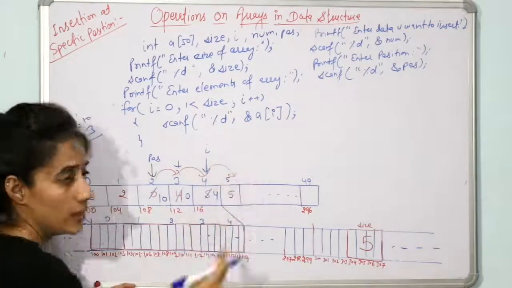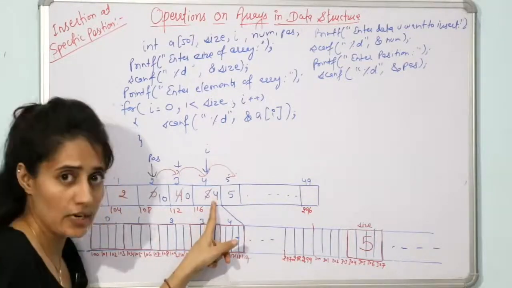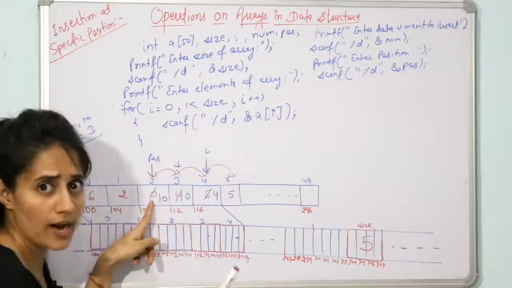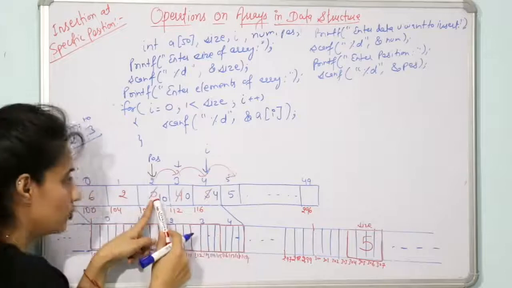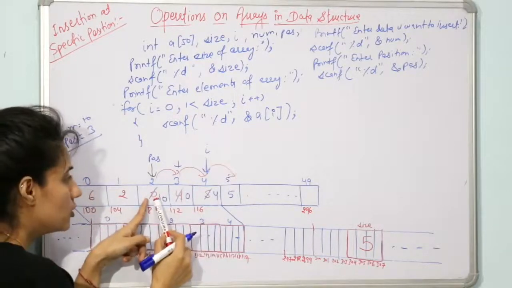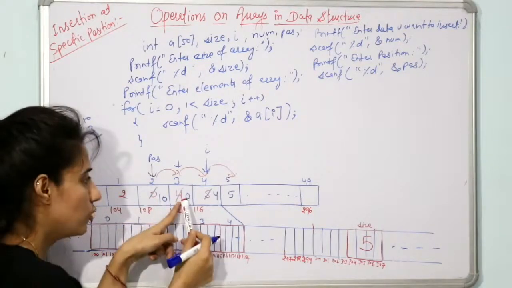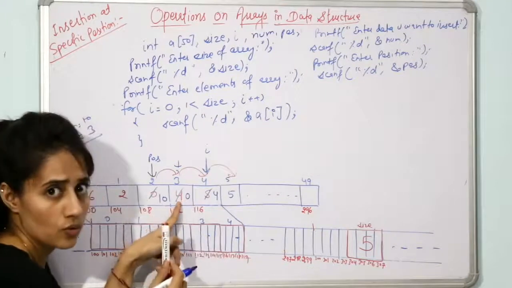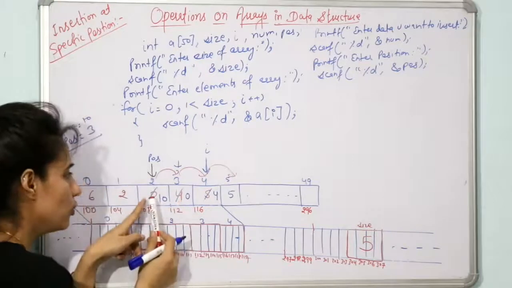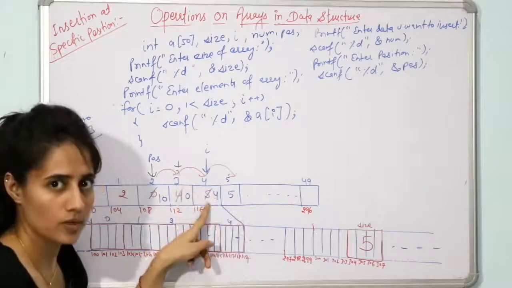Now the shifting would be done. Fine. From where will you start the shifting? From the last element only. Why so? Because see, at the third position you want to insert, and if you say I will shift from this position only, first of all I will shift this element here. So if you shift 0 here, then this 4 would be overwritten, you will lose this value 4, and here you will insert this 0. Now from where can you recover this 4? We cannot recover this 4. So you cannot start the shifting from here, you have to shift from the last position.